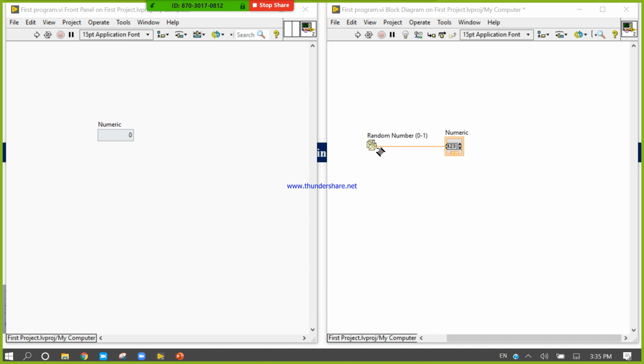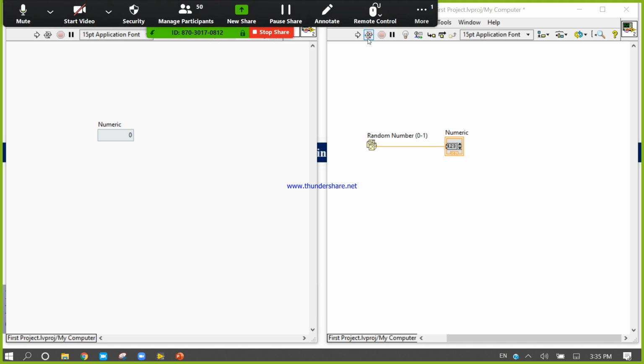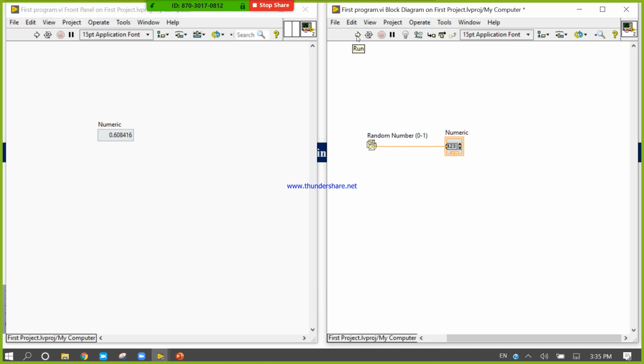So now this is the Random Number Generator. Click run. Every click I will get a different number, and the number will not go more than 1. The number will come between 0 and 0.9999999, but not 1.